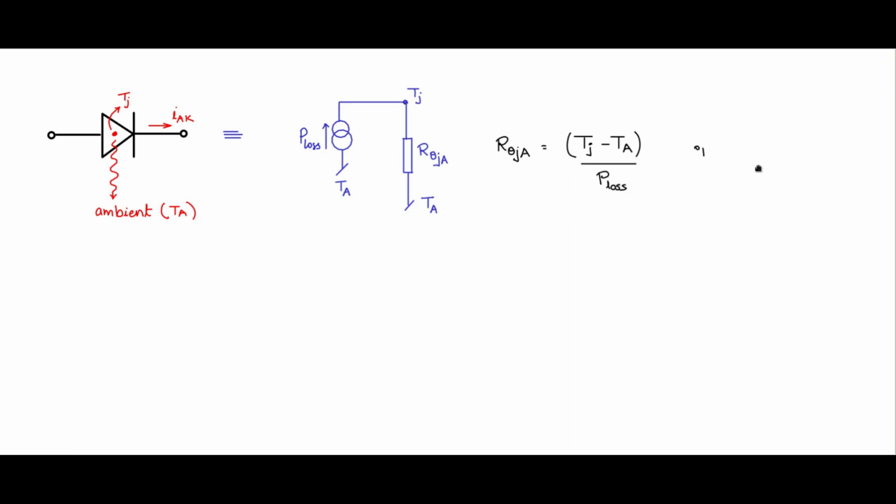And the units of the thermal resistance is degree Kelvin per watt, or because this is a difference in temperature, degree Kelvin minus degree Kelvin will be degree centigrade per watt. You could use either of these. This is the better way, degree Kelvin per watt, but several literature have used degree centigrade per watt also, because there is a difference in the temperature, it's delta T. So this is the value of the thermal resistance.